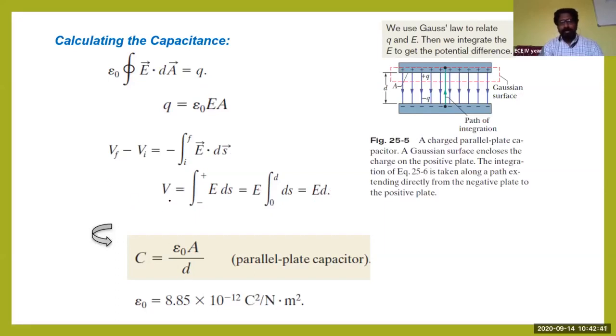Now you substitute this in the other formula which you have seen, C equal to Q over V, and ultimately you will get the formula C equal to epsilon naught A over D. And this is the formula for finding the capacitance of parallel plates. If you have parallel plates of area A and the distance between the plates is D, then this is the formula to find the capacitance. The previous one is a formula in terms of charge and potential difference. And epsilon naught, we know this value, is 8.85 into 10 power minus 12 coulomb square per newton meter square.